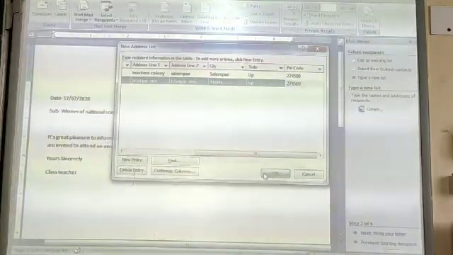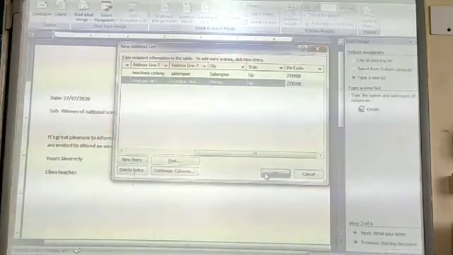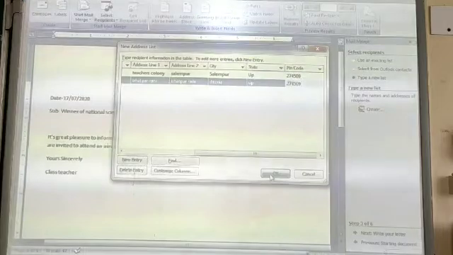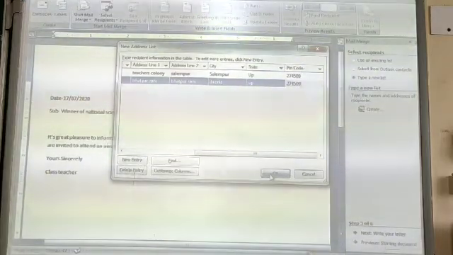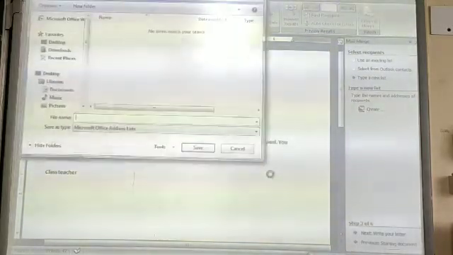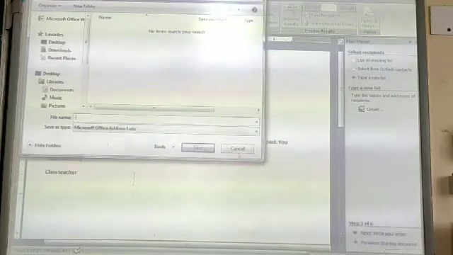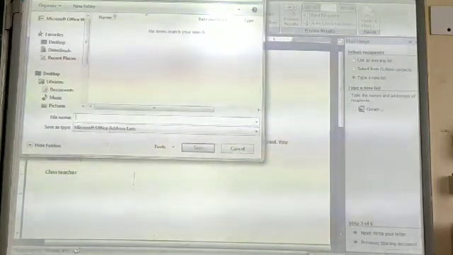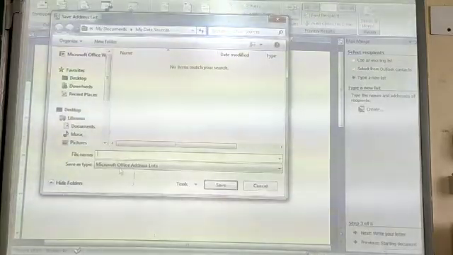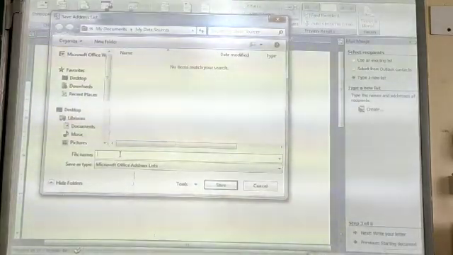okay. Suppose I have prepared the data source for the two receptionists. You can prepare it for any number of receptionists as per your requirement, but for example purpose, I am using only two. So once I have created, I have clicked on OK, and then it will ask you to save the data source.